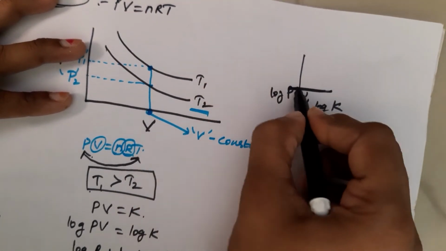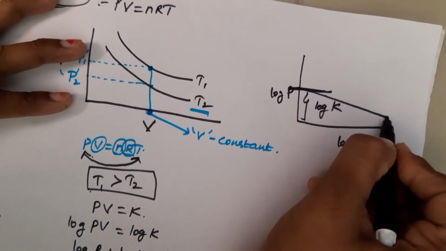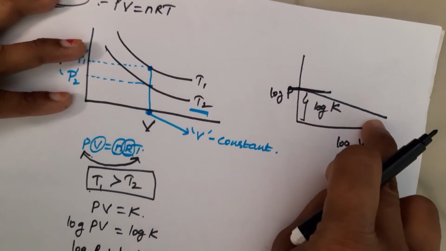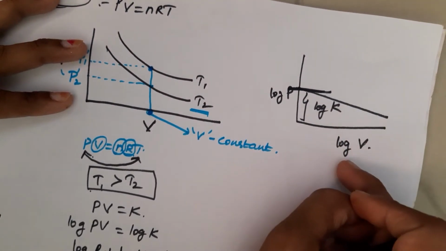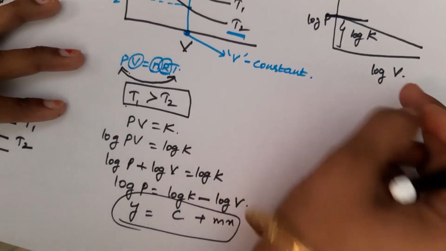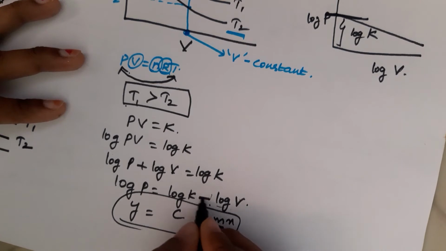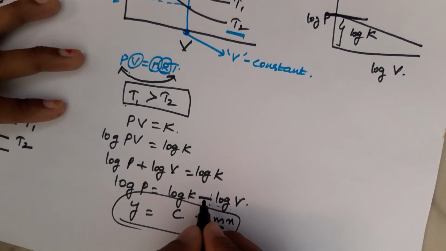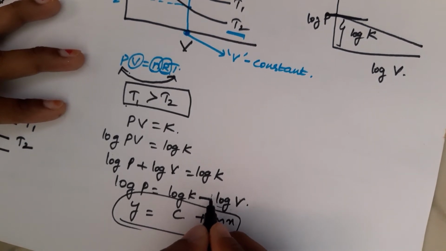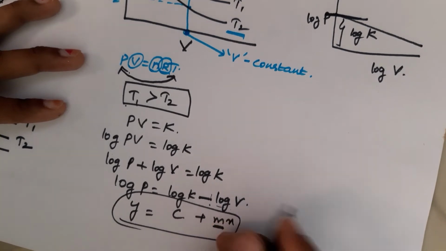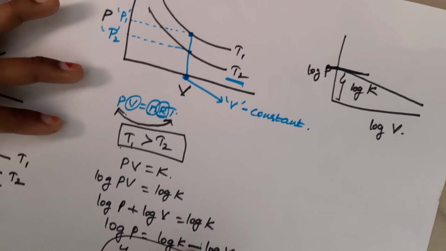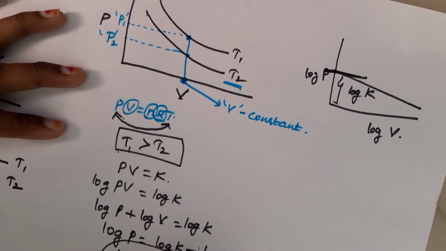Here log V is decreasing. Because how is log V decreasing? How can we say that? Here the slope is minus 1. That means before log V a minus value is there, which means negative deviation occurs. That's why log V is decreasing. Because of this negative sign only, log V is decreasing.